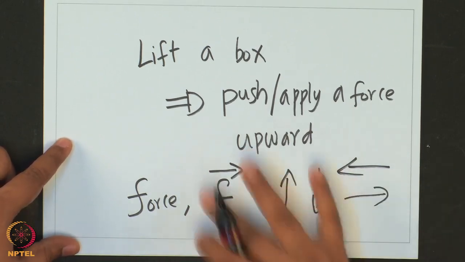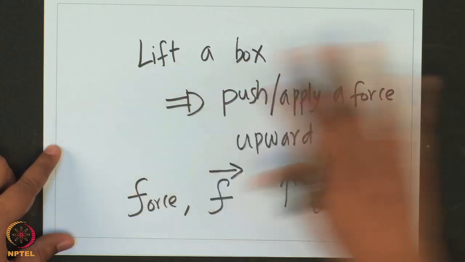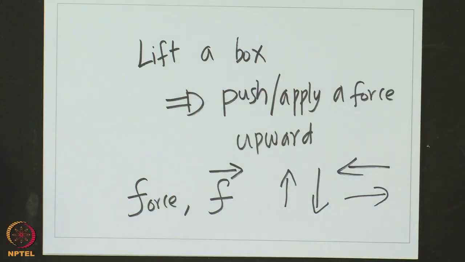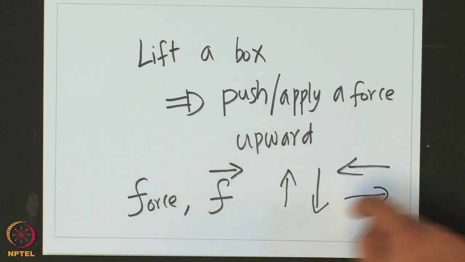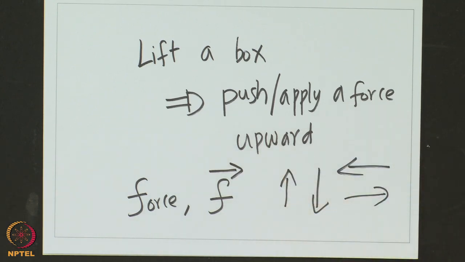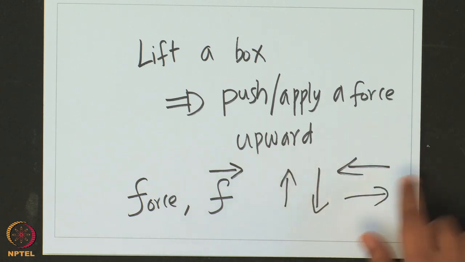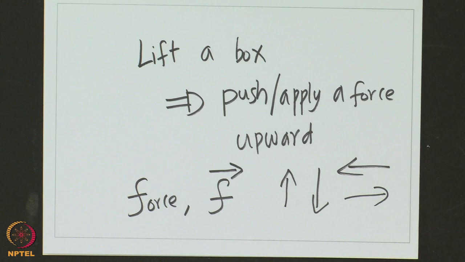Now, we wanted to say upward, or downward, or to the left, or to the right. This is the simple direction in a plane, in this two-dimensional world. Essentially these are the things that we would say: upward or downward, left or right. So let us first think about how do we tell somebody to apply a force in the upward direction: push, pull, left, right and all that. The way to do that is,